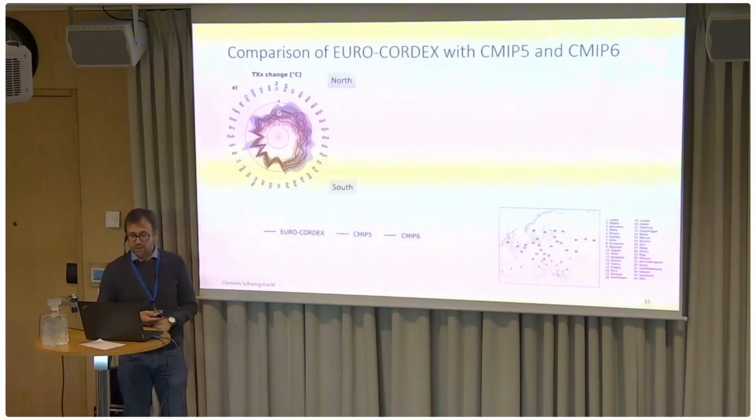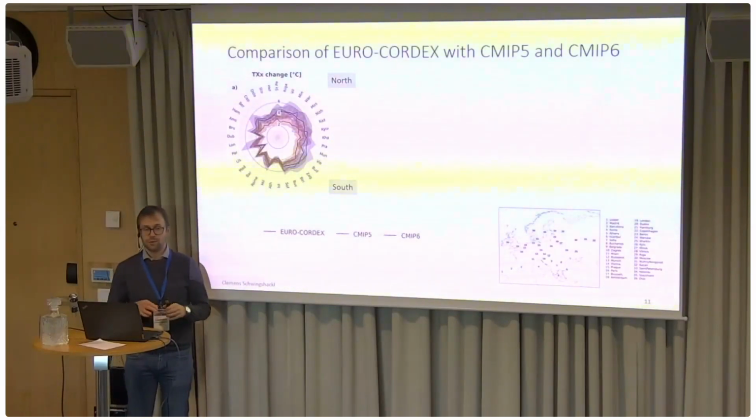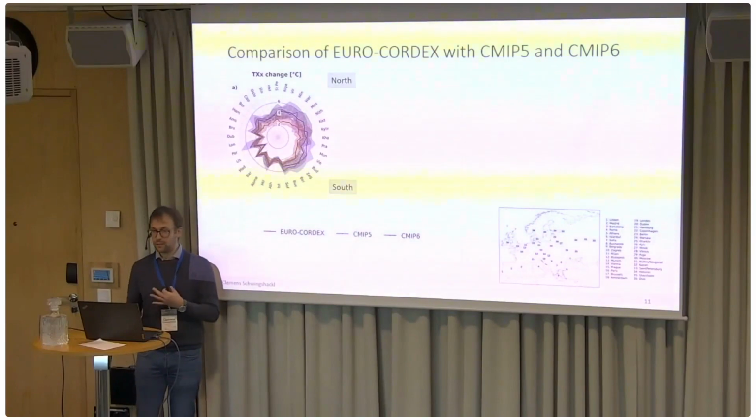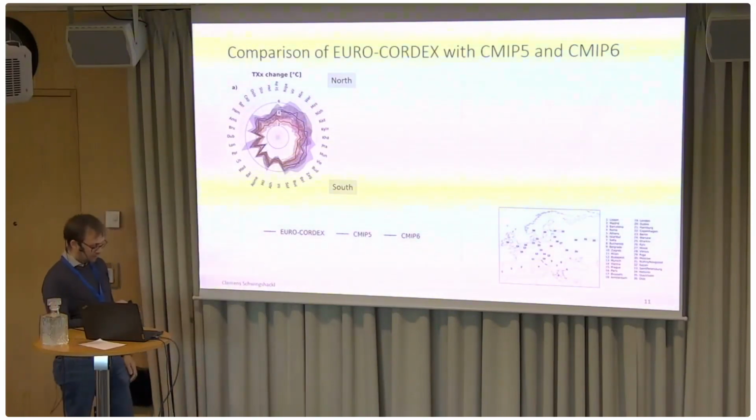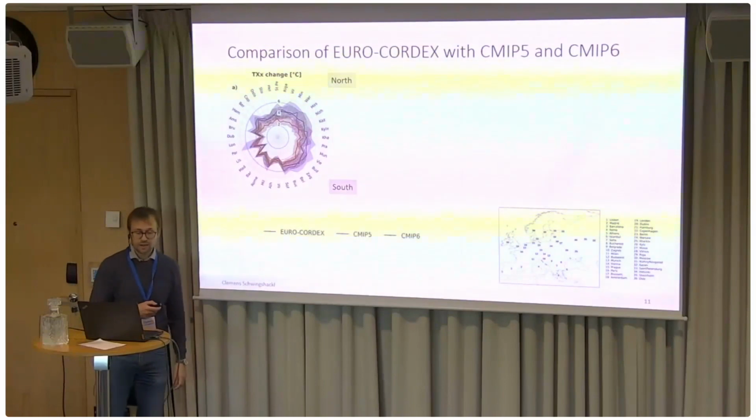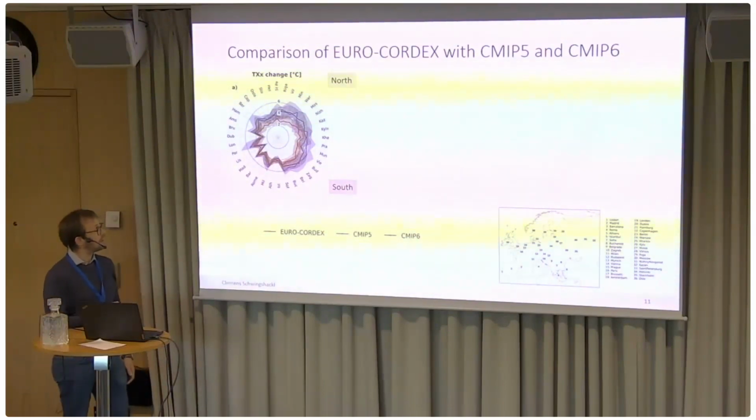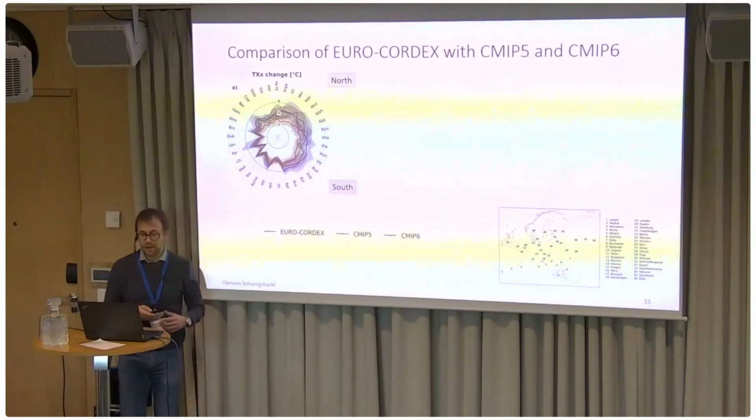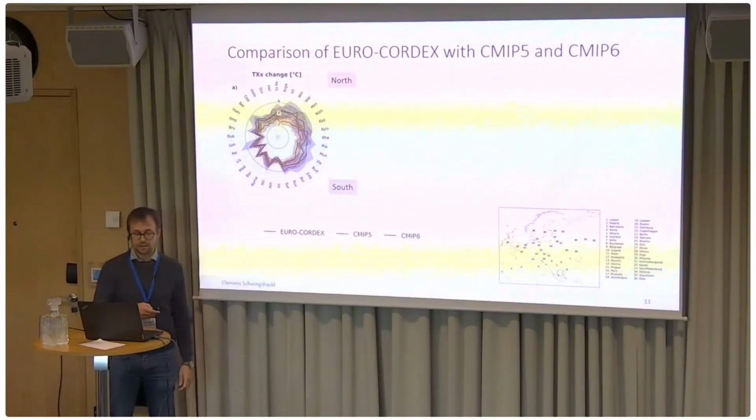And what we also did then is that we compared our results to the global climate models, because we wanted to see, are they similar? Is there any change? So what you see here is, again, all the cities we analyzed, and they are now organized like this, that here on the top you have cities in the north, here you have cities in the south, and then here Eastern and Western Europe. And what you can see here, the EURO-CORDEX, so the regional climate models, are in red. So they lie within the range of the global climate models. So they project less extreme increase in this case, the maximum yearly temperature.